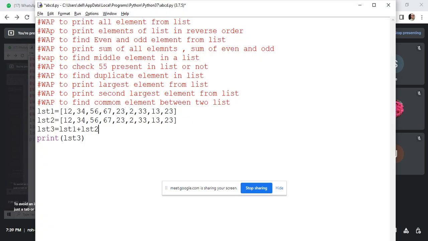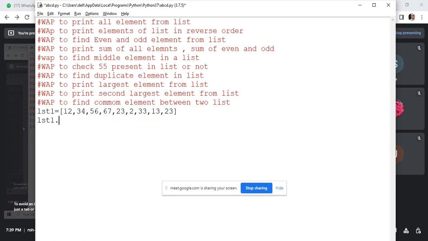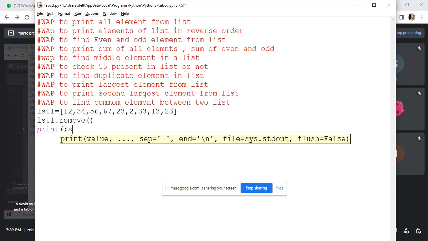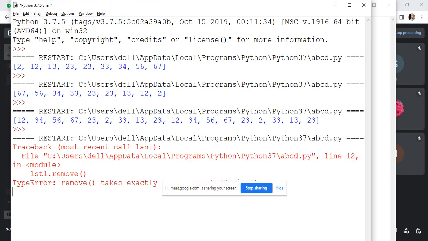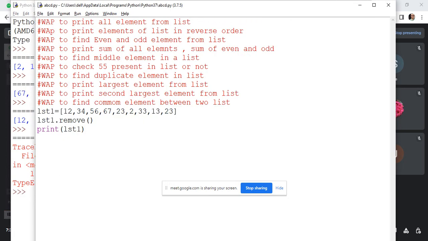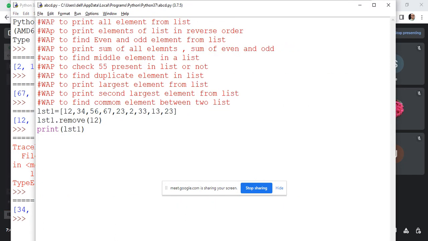Okay. Now let's keep it as an assignment. Let's see how we can remove an element from the list. Let me tell you how we can remove an element. If I pass here remove and print the list. What does it remove? Remove, you have to pass the index, whatever the index value. Sorry, let me check. I think we have to pass the element. Okay, let's see. Yeah. If you want to remove a particular element from the list,